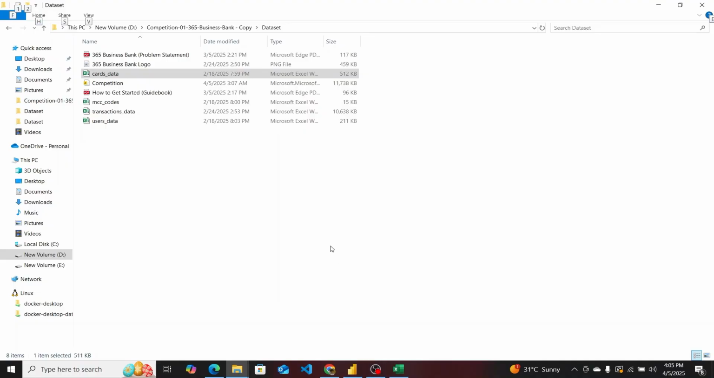Before diving into the dashboard, let us view the data sets which they have provided and the problem statements for analysis. So we are here and we are viewing the data. The first data which they have provided is the card data, and if we open the data set,